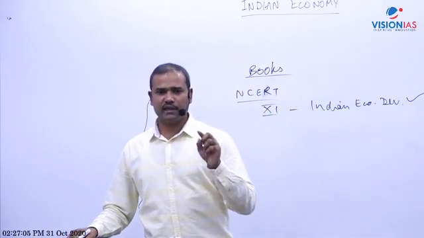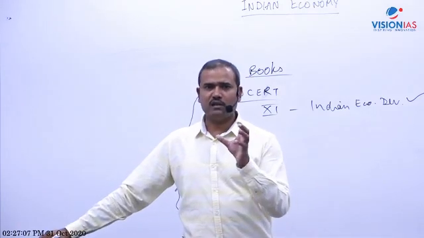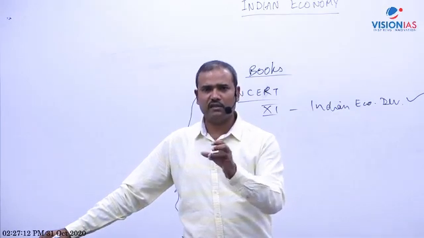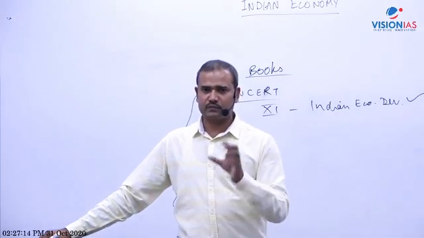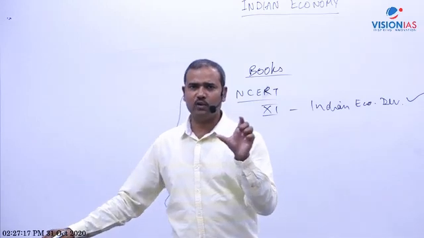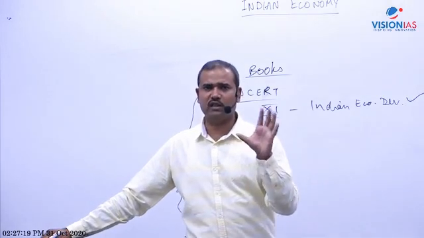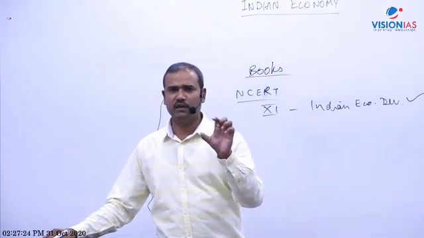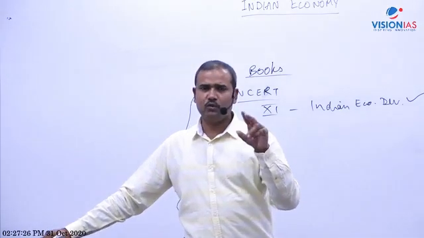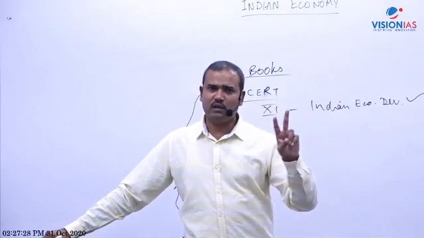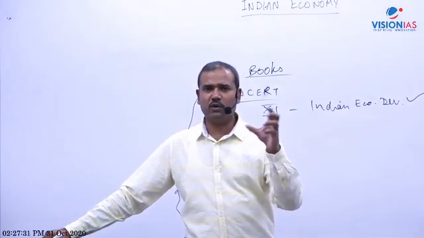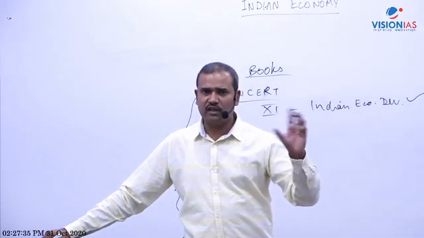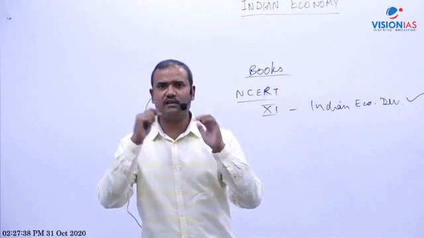Second, in mains, in GS3 there is economy, science and tech, and internal security. Out of that, usually 9 or sometimes 10 questions are from economy, which means almost half the paper, 45 to 50%. And apart from that, normally 2 questions are from paper 2 also, because in paper 2 there are international organizations, education and health topics, and some governance topics, so there is some intermingling in governance also.